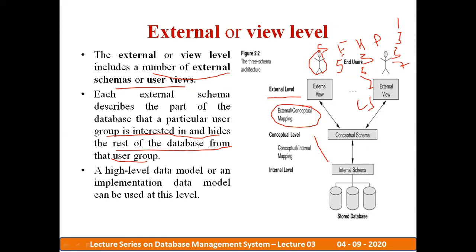So this is the top down approach. If you go with the bottom up approach, that's why you can see the arrow mark on both sides. That means internal level data can be mapped to the conceptual level data, and the conceptual level data can be mapped to the external level data. That's why those mappings are bidirectional. So that means external to conceptual, conceptual to internal, or from internal to conceptual, and from conceptual to the external level.